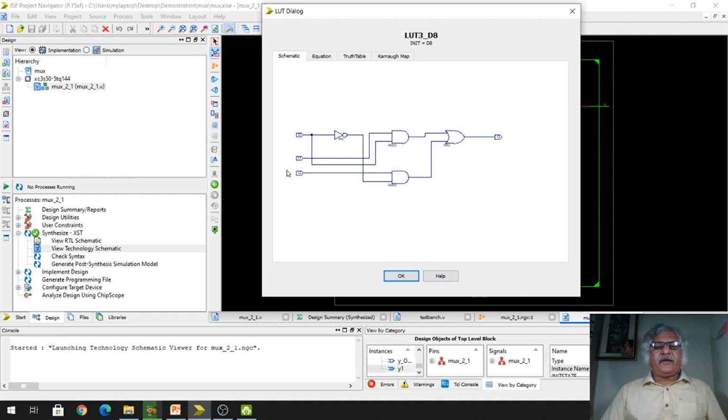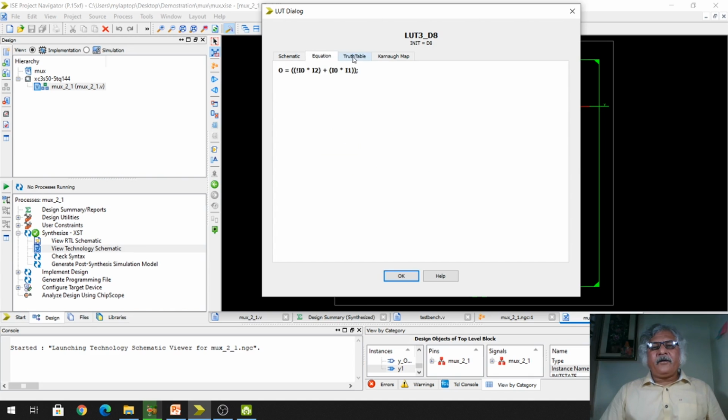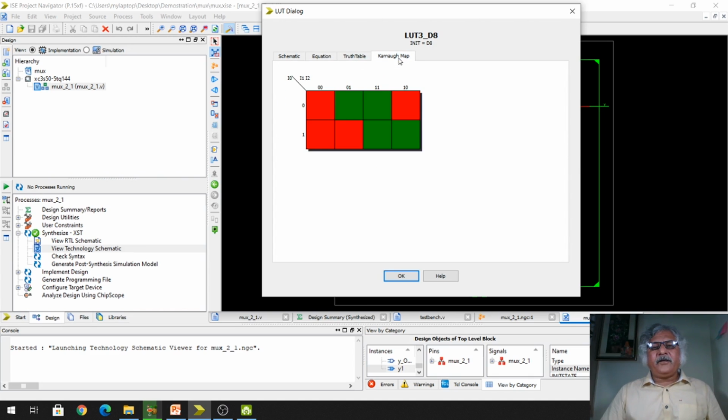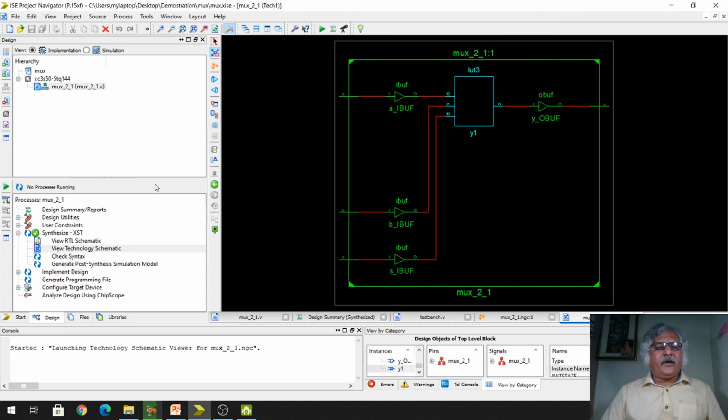In this LUT, basically this is implemented for the multiplexer. You can find the internal logic of the multiplexer. There are two AND gates and this inverter. The S input is connected to this inverter, like this, and this is the equation. This is the truth table, and this is the K map. Everything you can find here.